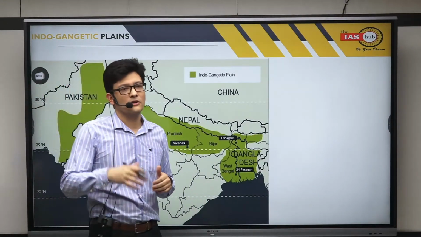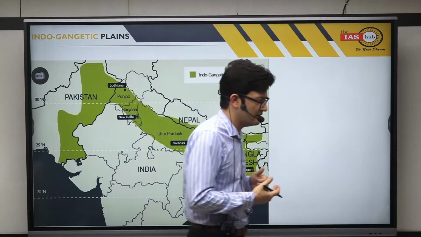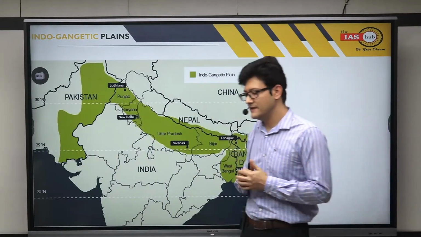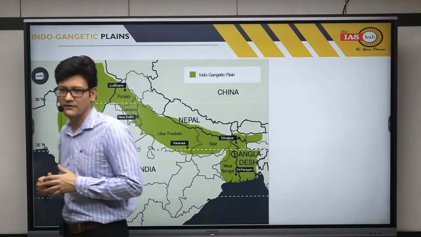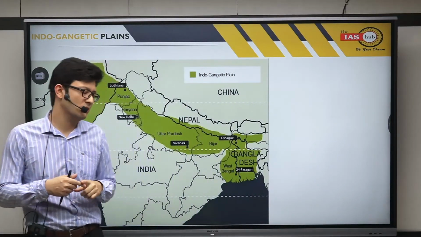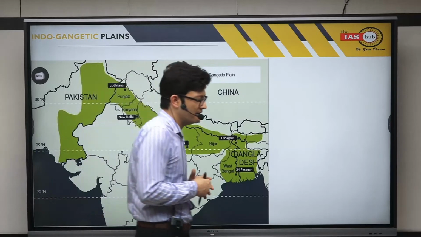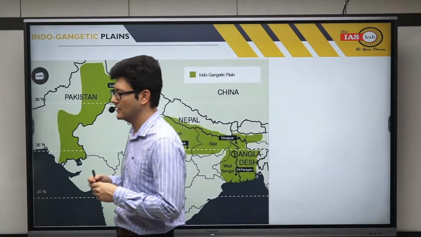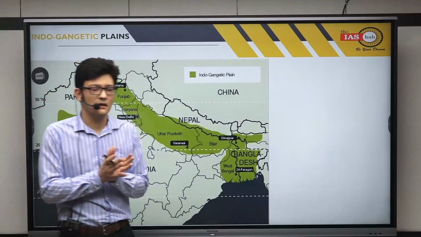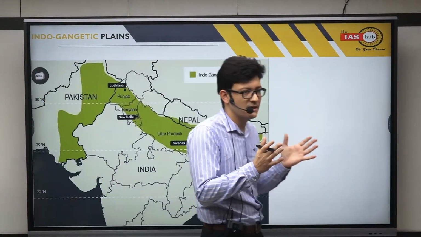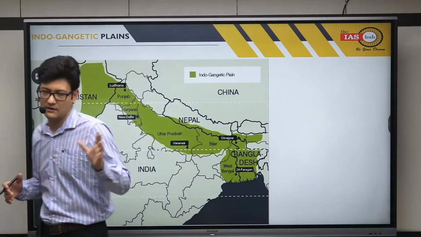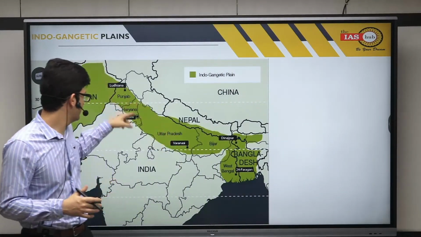Then on the northern side we have obviously Shivalik, which is the southernmost part of the Himalayas. In the eastern side we have the Purvanchal range, which we have already discussed in the Himalayas. And in the southern side we have the Vindhya range or the Peninsular Plateau, from where the Peninsular Plateau has been starting. So between these mountain or plateau platforms, we have categorized